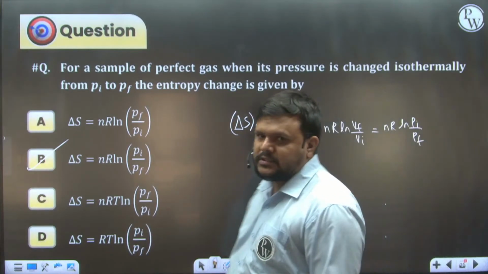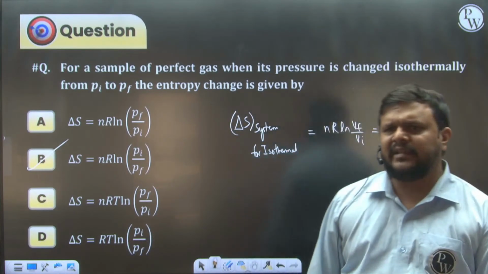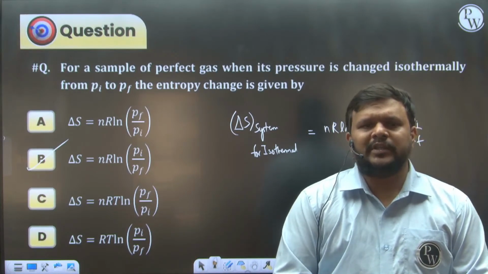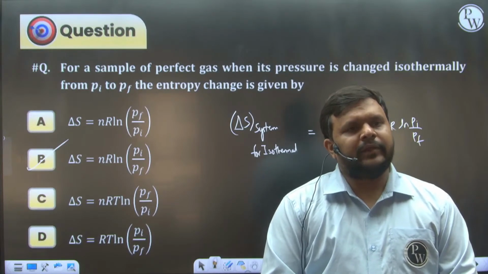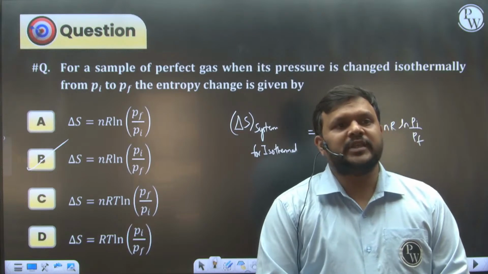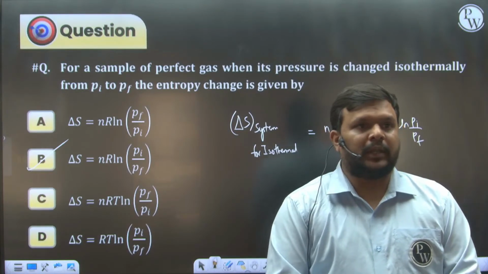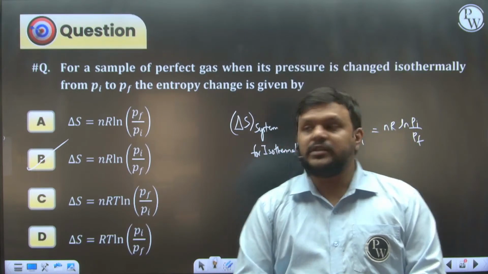So you got this. This was all about the second law of thermodynamics. In adiabatic process, if you see, the Q value is 0. So dQ will be equal to 0, and therefore for adiabatic process the entropy change delta S will also be equal to 0. I am telling this for reversible adiabatic process. The entropy change will be equal to 0.